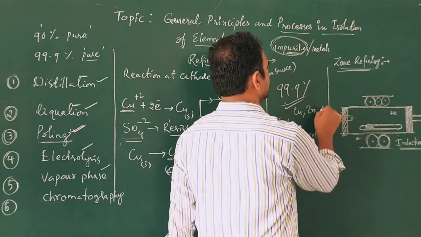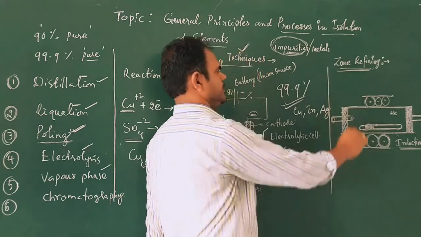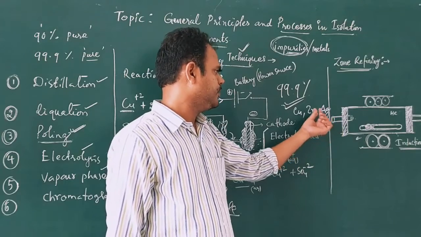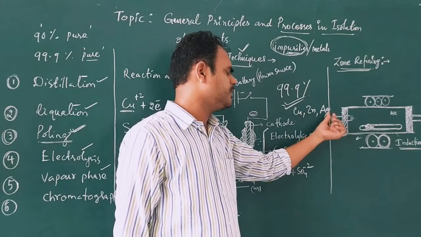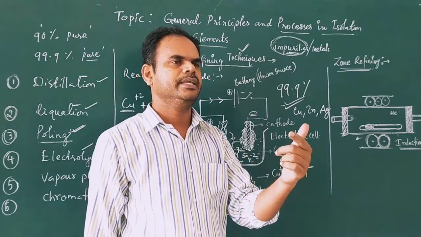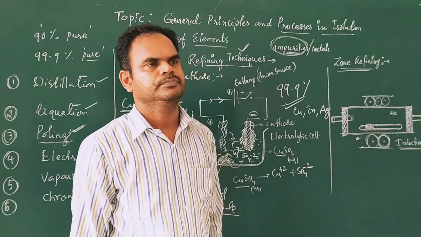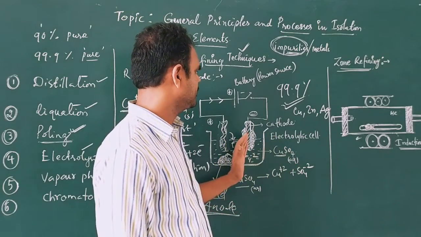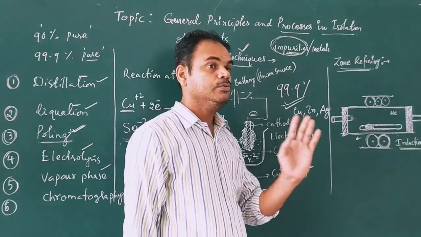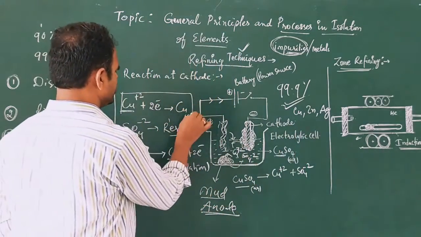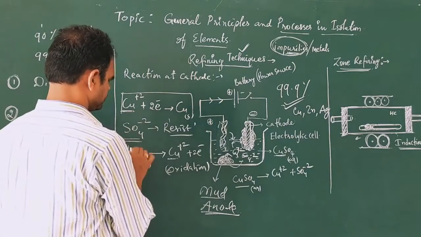And then number 3, silver. If you want to get pure zinc, pure copper, silver and gold, you can use the electrolytic refining process. So this is the electrolytic refining process of copper. You must know the two reactions here. One is at the anode. What is happening at the anode?